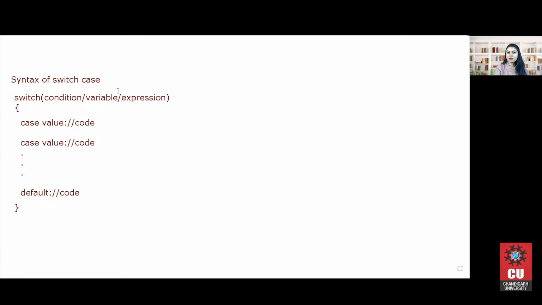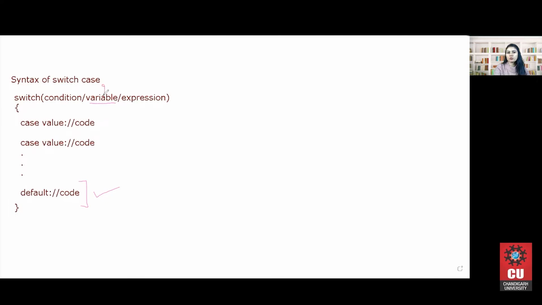Again, I'm telling you that creation of this default case is not at all mandatory. Okay, it is purely your choice. You can do that or you can skip that. But now let's understand how this switch will work before going into the programming concept of this. Let's assume that over here one variable is passed, and this variable is evaluated as